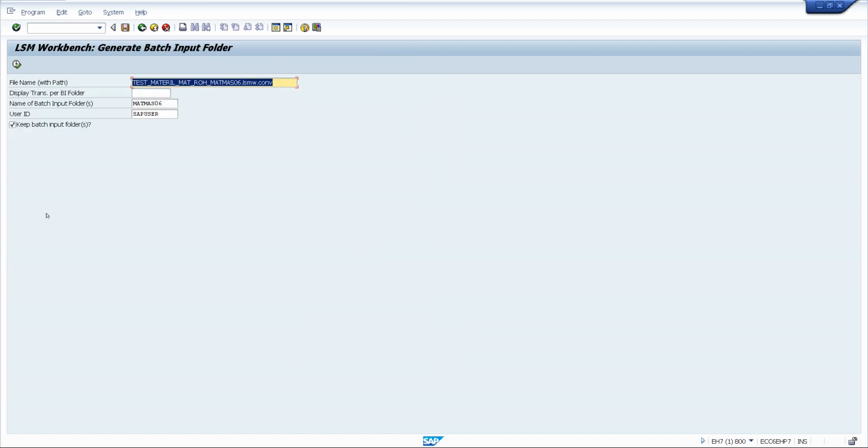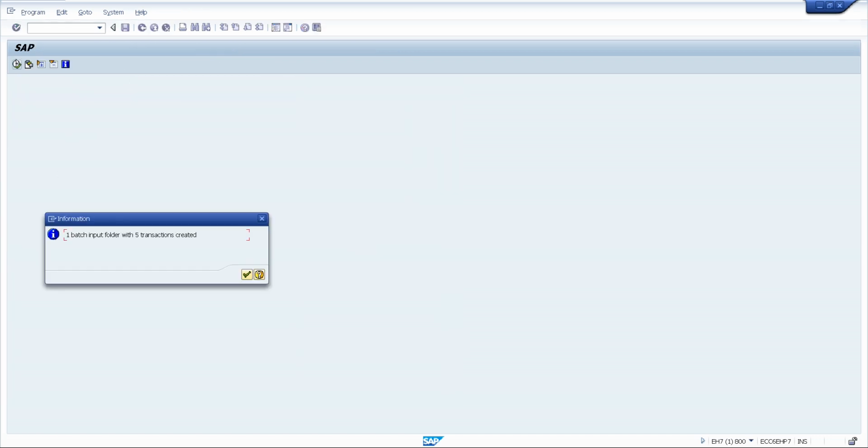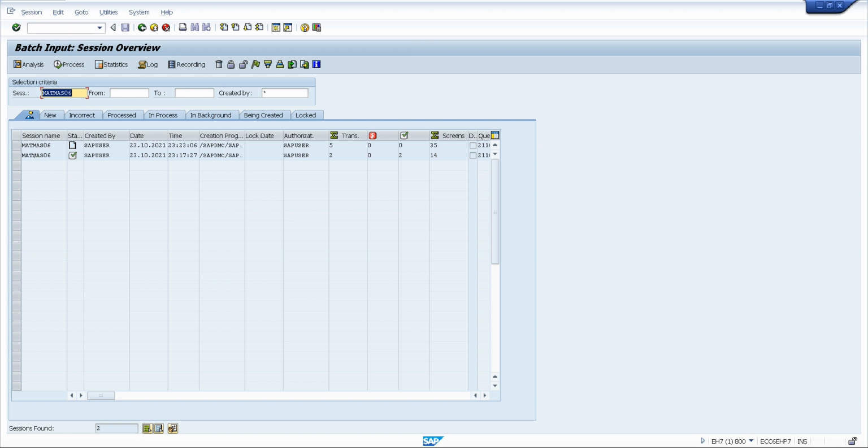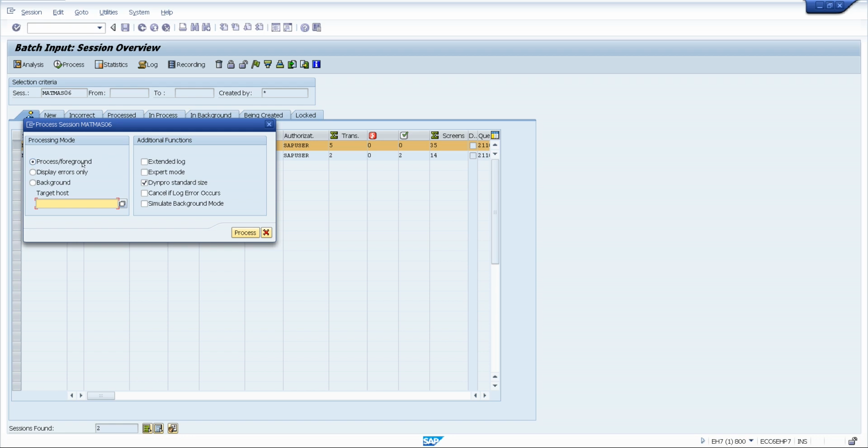Now create batch input session. Execute. One batch input folder with 5 transactions is created. So 5 transactions means 5 line items. Now run the batch input session. Here we select the new line item and select process.